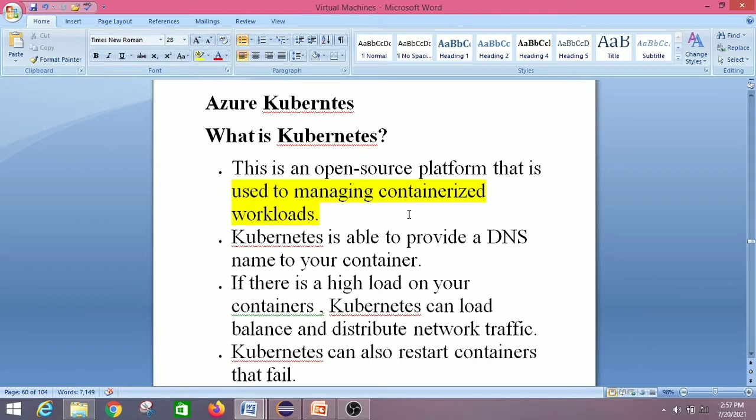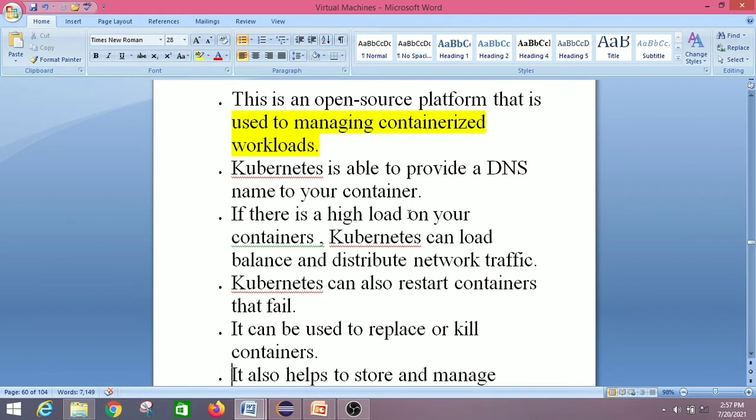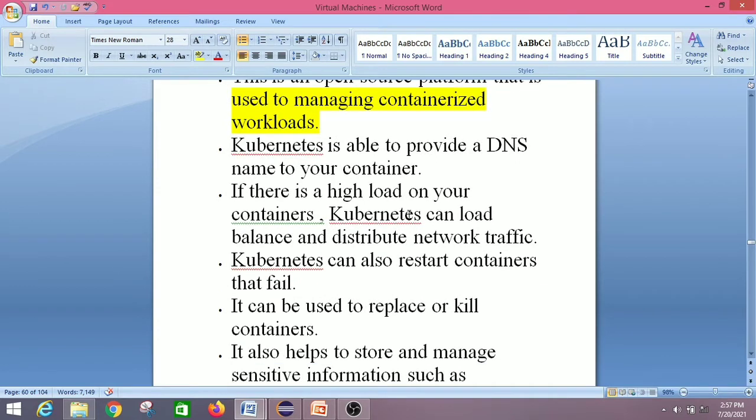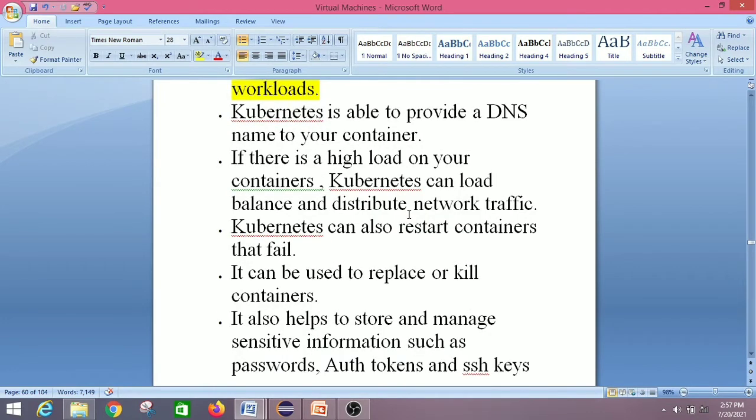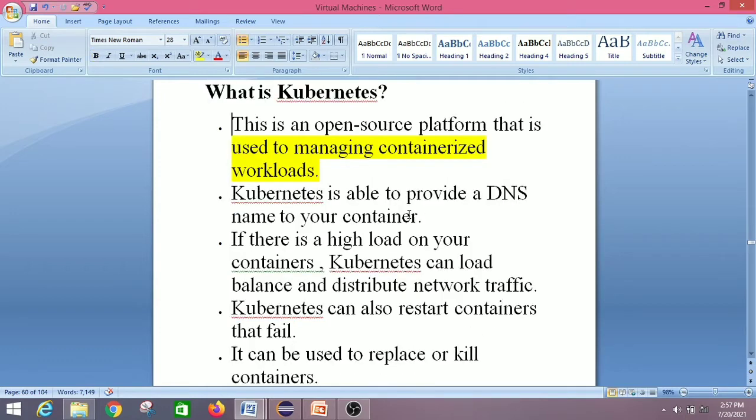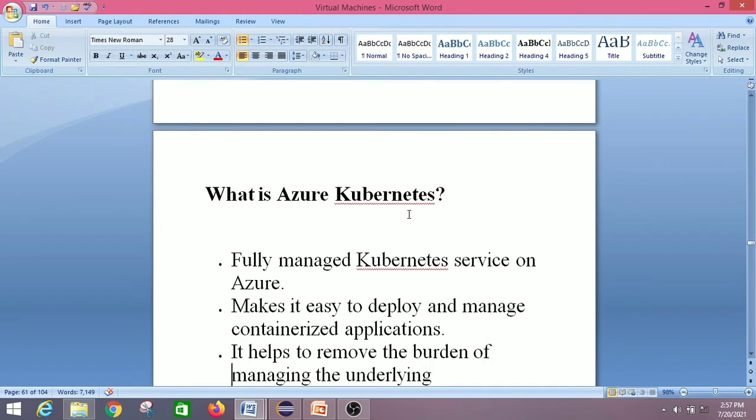Kubernetes can also restart containers if they fail. It can also be used to replace or kill containers. It also helps you store and manage sensitive information such as passwords, auth tokens, SSH keys, etc. So these are the functionalities of Kubernetes. So let's look into what is Azure Kubernetes.